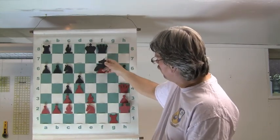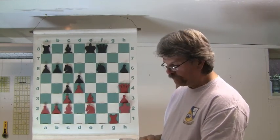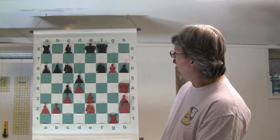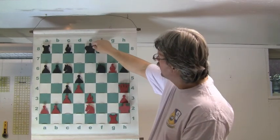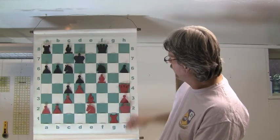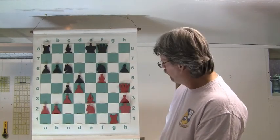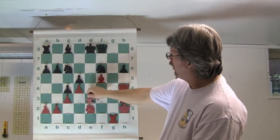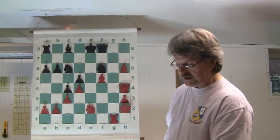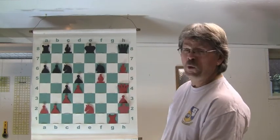Knight takes the bishop pawn. Look how wide open black is. Bishop comes into knight 6, check. King comes over to queen 2. Bishop drops down to bishop 5, check. King goes back to king 1. And now the bishop takes the pawn, threatening the queen. The queen has nowhere to go but here to rook 1,